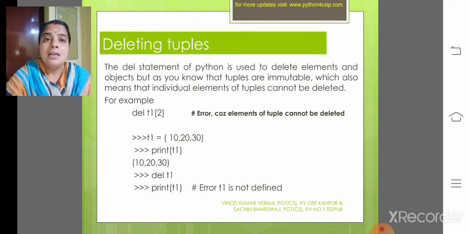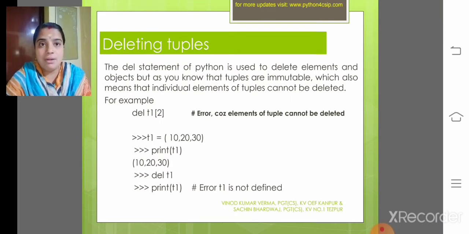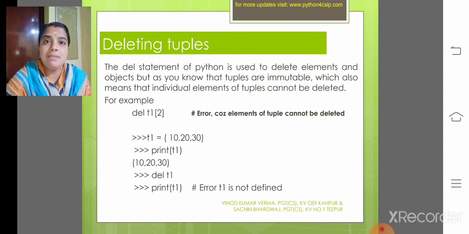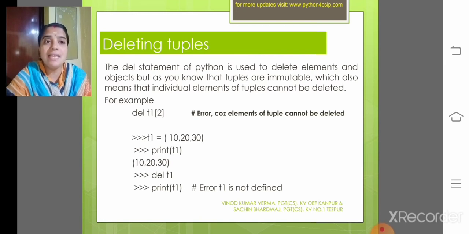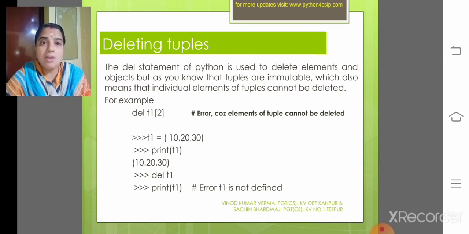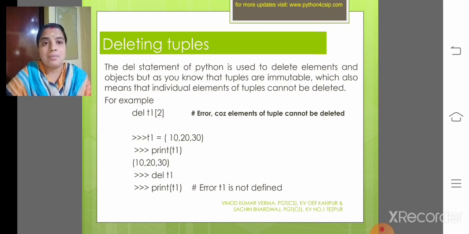Then, how to delete a value from a tuple? The statement we can use is del. The del statement of Python is used to delete elements and objects, but as you know tuples are immutable, which also means that individual elements of a tuple cannot be deleted. So del of T1 index 2 will cause an error.